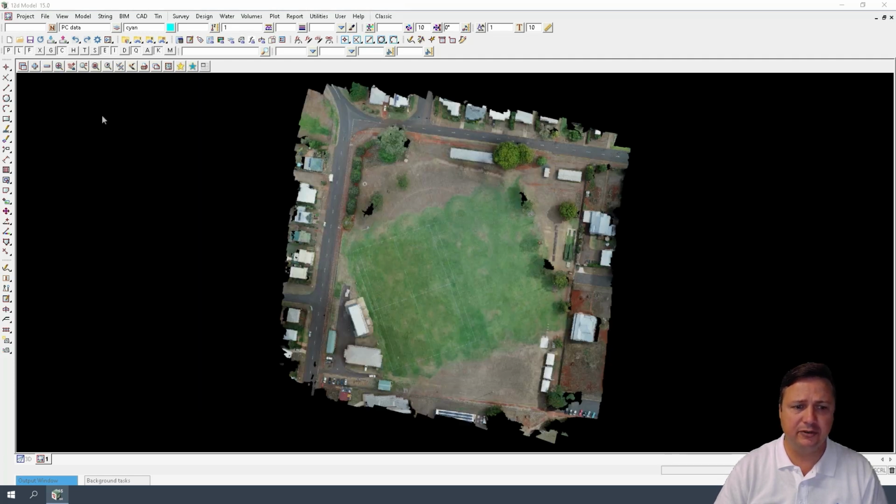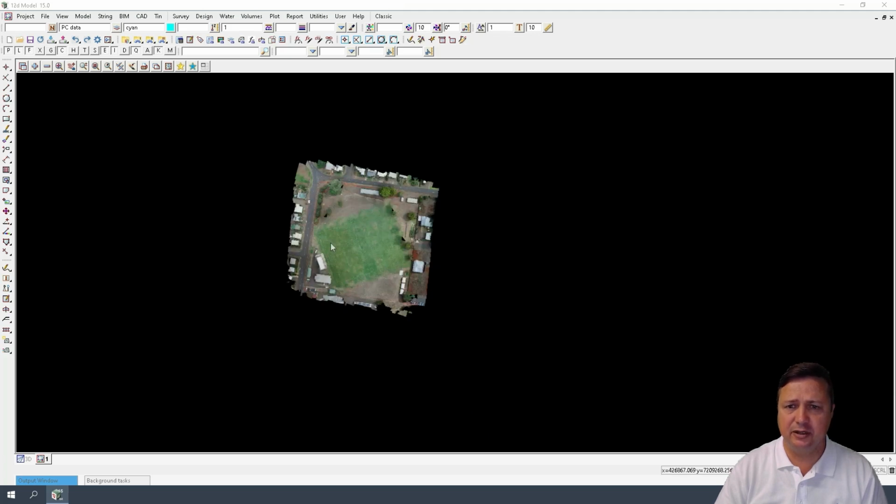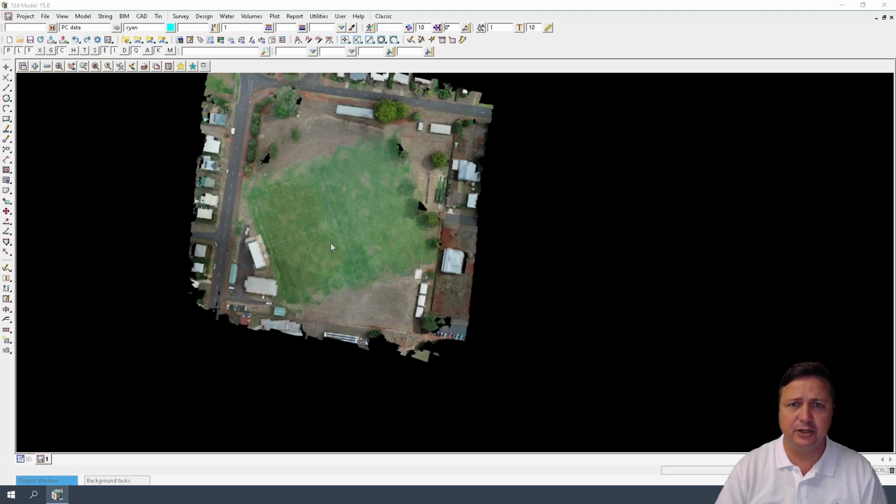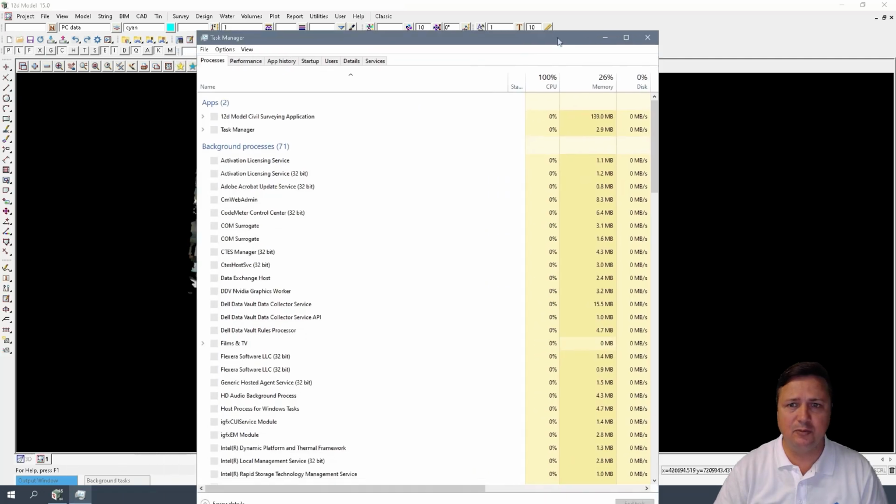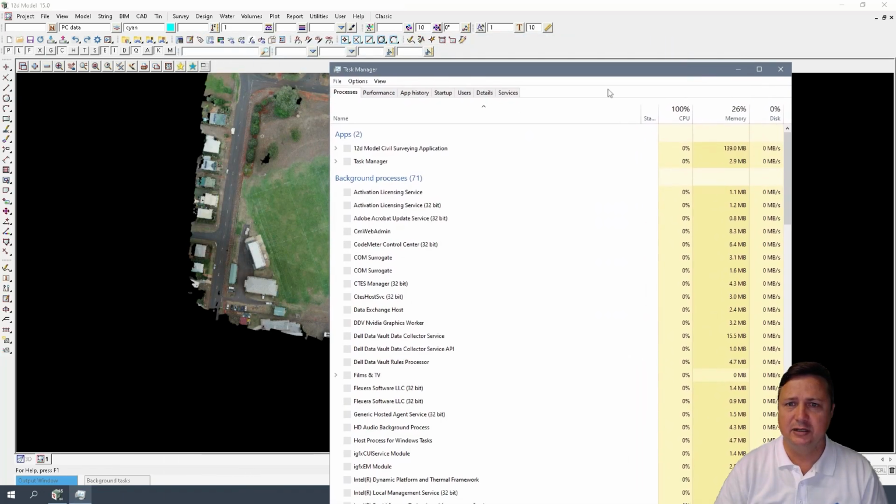Okay, so what we will do is I'll turn on the point cloud data in my plan OpenGL view. So that is the plan OpenGL view, so obviously the point cloud from the top. Now, to double check that we are using the graphics card, I'm just going to bring up Task Manager, and the shortcut key that I usually hit is Control-Shift-Escape will bring up your Task Manager. So if we come to the Performance tab,